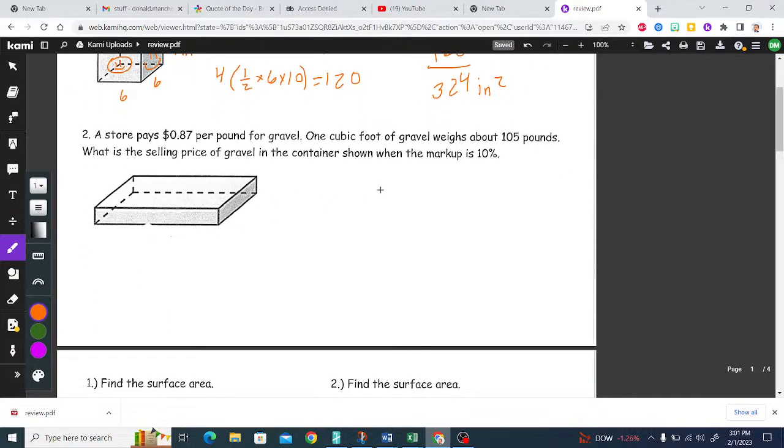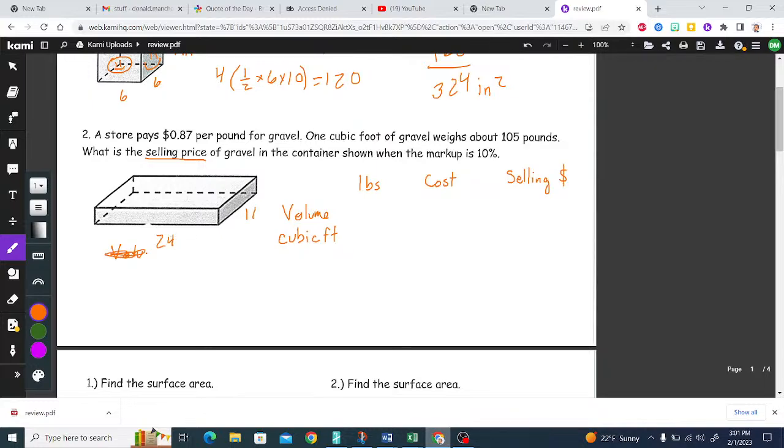This long problem that we did, we said that we wanted to find the selling price. In order to find out the selling price, we have to know how much it cost the store. In order to find out how much it cost the store, we had to find out how many pounds there was. In order to find out how many pounds there was, we need the number of cubic feet. In order to find the number of cubic feet, we needed to find the volume. And with that, we had